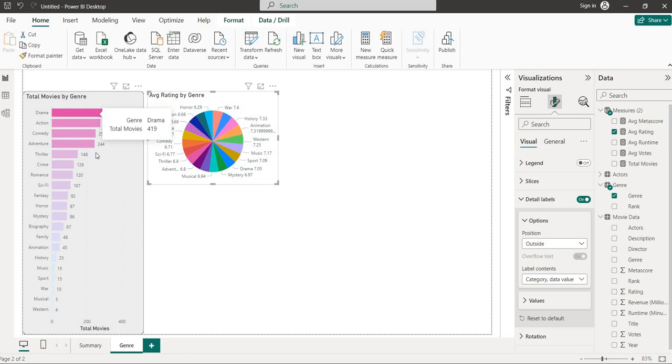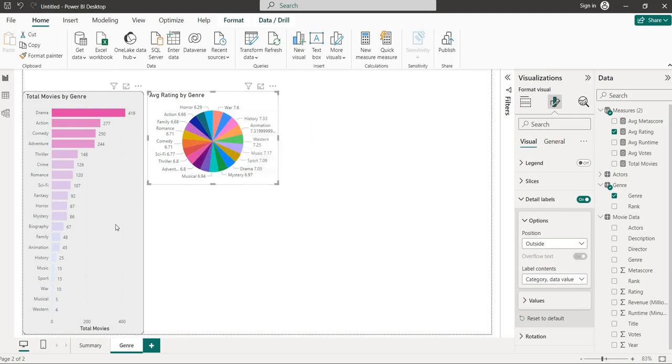So for drama, how much rating have we got? On drama, we got 7.05. So might be the reason that the maximum movies have been made in drama. So might be there are many movies which are not performing well or not good enough, so they get less rating. So it's an average out. Okay, so this is the case, and on war there are only 10 movies, and the maximum get the higher rating. So might be this is the reason for the highest rating on war.